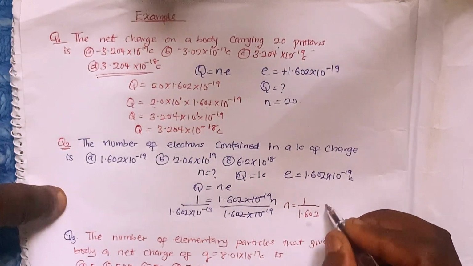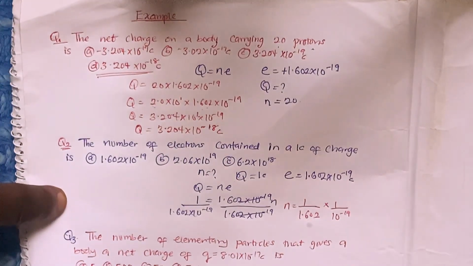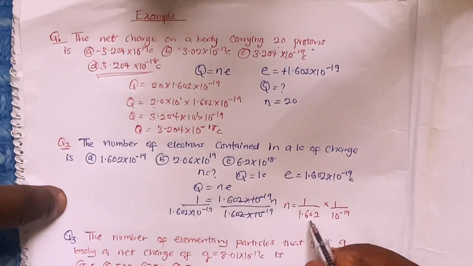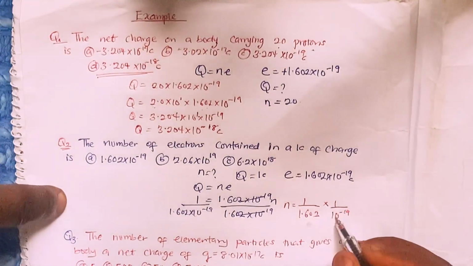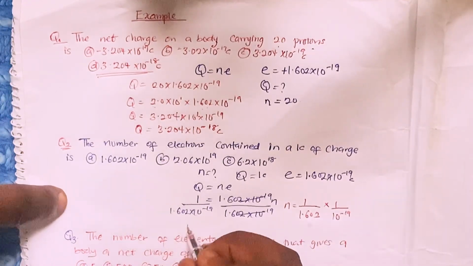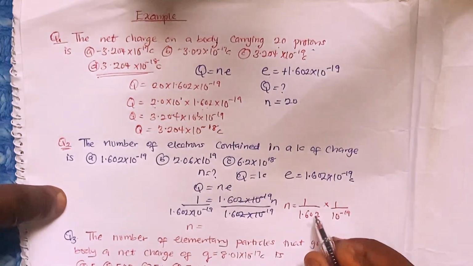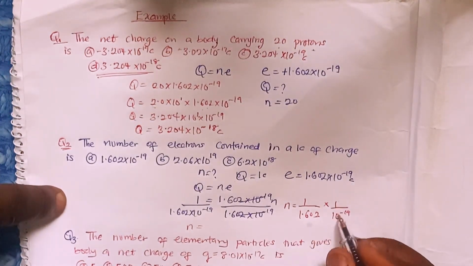Then times again 1 over 10 raised to the minus 19. Can you see this now? So 1 over 1.602 times 1 over 10 raised to the minus 19. Here I'm carrying this to this side. I'm going to have my n to be equal to 1 over 1.602, and here I'm having 1 over 10 raised to the